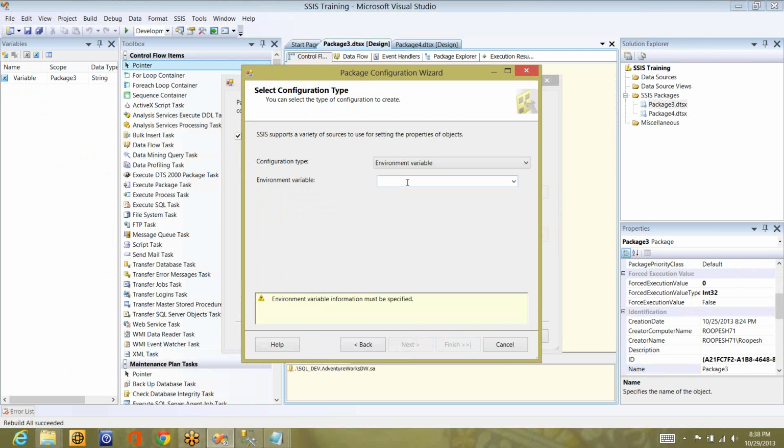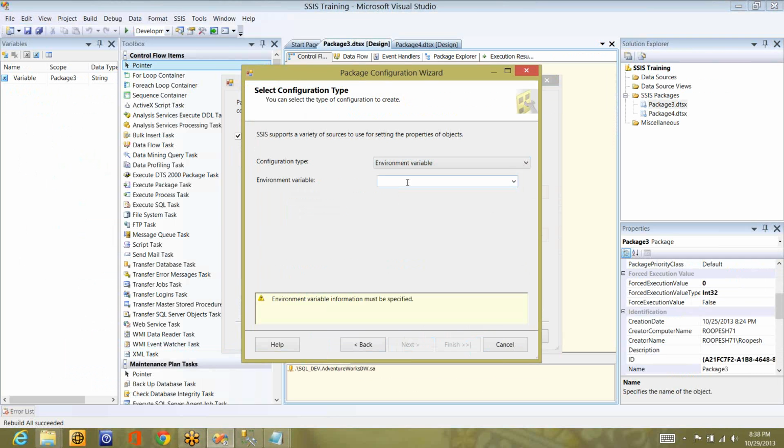So it will be defined once for the whole environment. It won't take any XML or something like that. So for the environment variable, the major disadvantage is that you always have to refresh the page or refresh the package whenever you change the value. Before discussing more about this environment variable configuration, let's see how to create that environment variable first